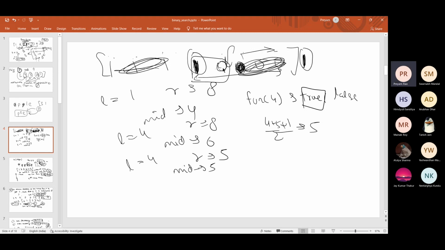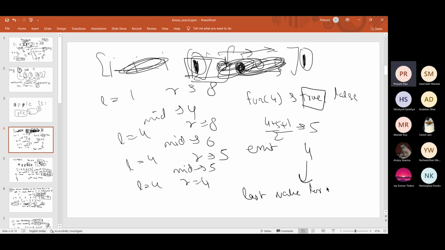Since it's false, it's a 0. Everything over here must be 0. We are looking for a 1, so we'll get rid of this value. Then L would be equal to 4, R would be equal to 4. We would exit and we'll end up with 4, which is essentially the last value for which